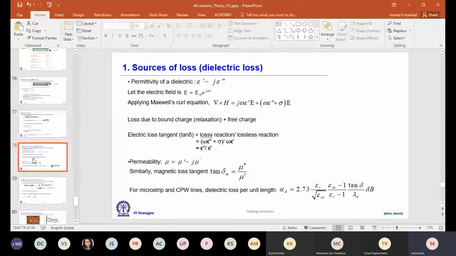Now, most dielectric materials are very good insulators, and sigma is 0. So practically, we don't have any conduction loss from the dielectric. Well, now we are considering a general scenario. We may have a semiconductor also, so we consider a finite value of sigma. Now apply it. J, the conduction current, is equal to sigma E. And now take del by del t of D. D, you know, is epsilon E. So in place of epsilon, you put epsilon dash minus j epsilon double dash.